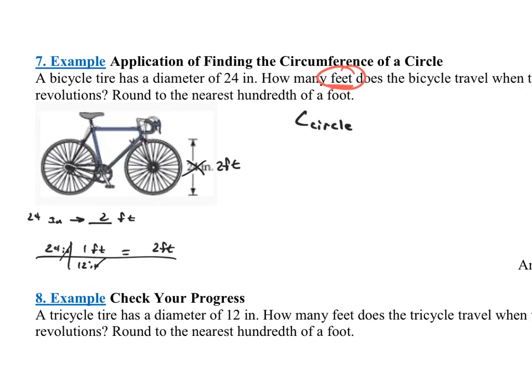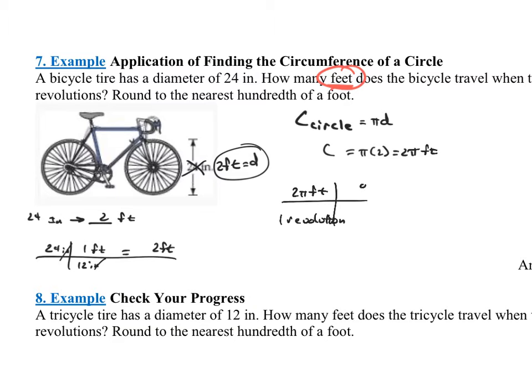So the circumference again would be 1 revolution. What's the circumference? Well, we have the diameter of 2 feet. So if we want to do the circumference, we should probably use the pi times diameter formula because we're given that diameter. So for 1 revolution, the circumference is going to be pi times 2 feet, which is 2 pi. Remember, that's exact. And in a problem, you never want to round until the very last step. Okay, so let's think about this. We have that 2 pi feet are in 1 revolution,